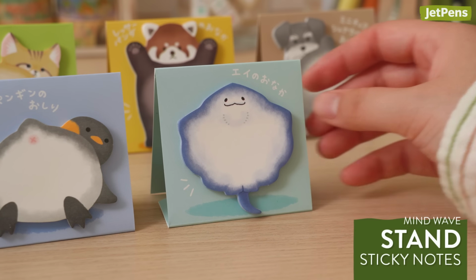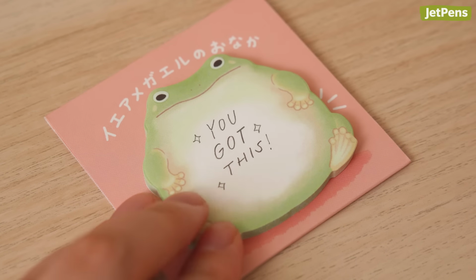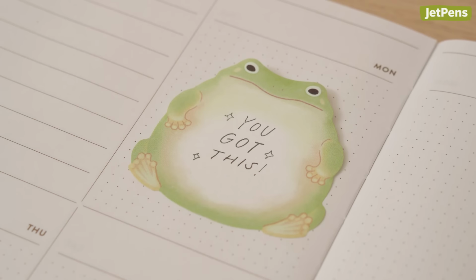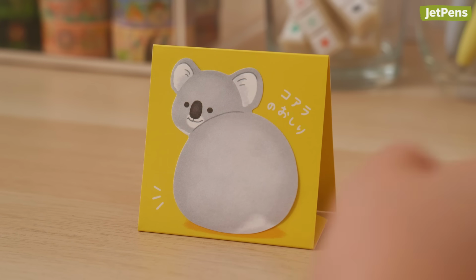Mindwave stand sticky notes have spaces on their tummies and butts for short reminders and encouraging messages. There are plenty of sticky notes included in each pack, so don't feel bad about using them. And if you can't bear to peel off the last one, fold back the cardboard packaging to show off your